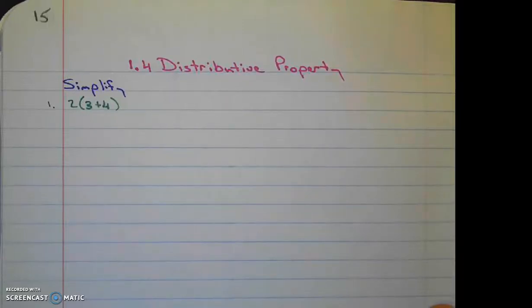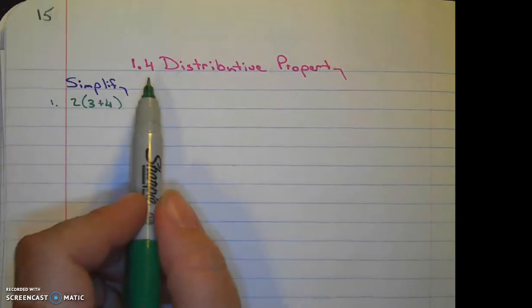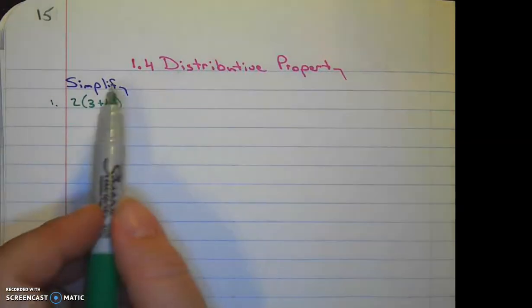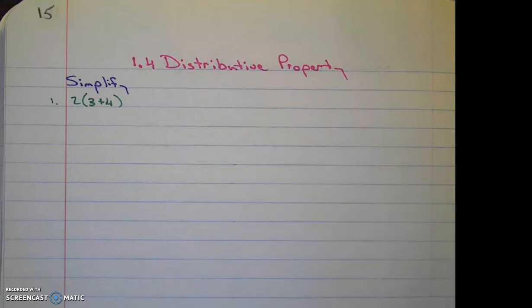We're going to be taking a look at the distributive property. Notice that we'll be taking our notes on page 15 of the interactive notebook. This is 1.4 distributive property, referring to your textbook with chapter 1 lesson 4. And as we do this, please notice that the very first column is going to be extremely narrow. The second column is going to be very, very wide. So please make sure you reserve plenty of space for all the work that we'll be doing eventually on the